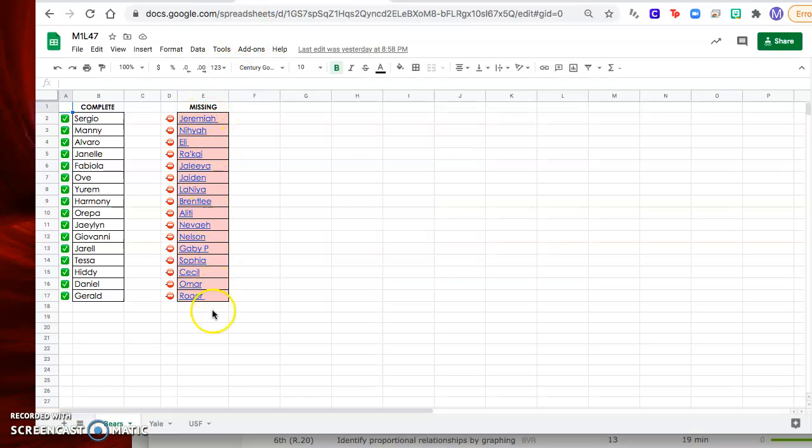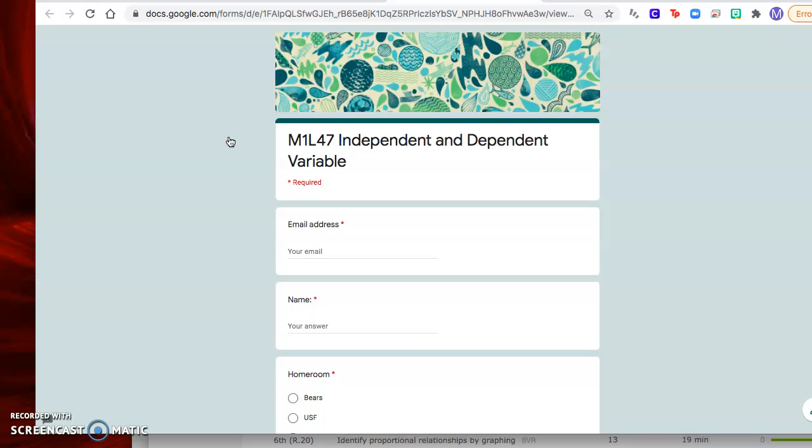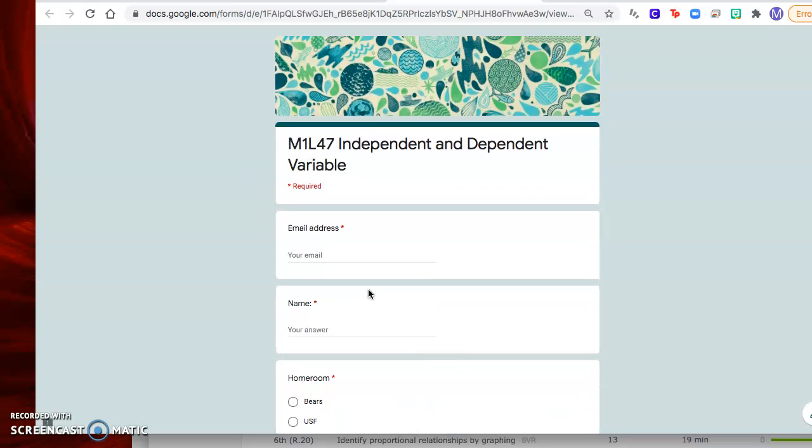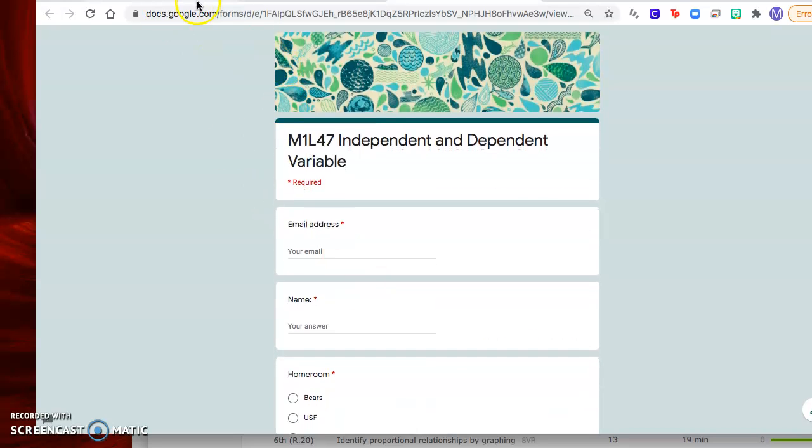If yours is in the missing list, what you're going to do is you're going to click your name. So if I was Jeremiah, I would click my name and it will send you straight to the Google Forms, okay? And that's where you could complete your assignment. So you are going to do this